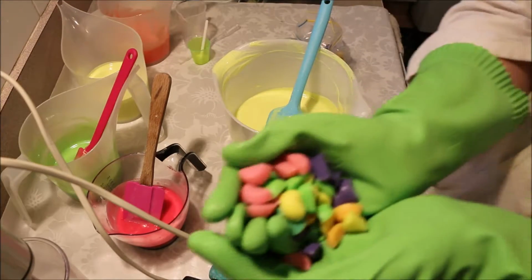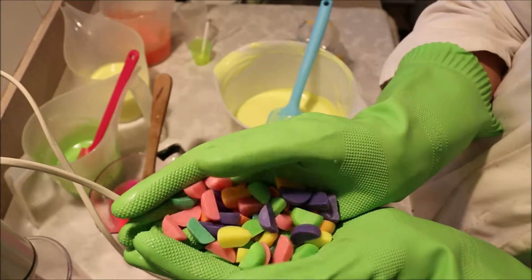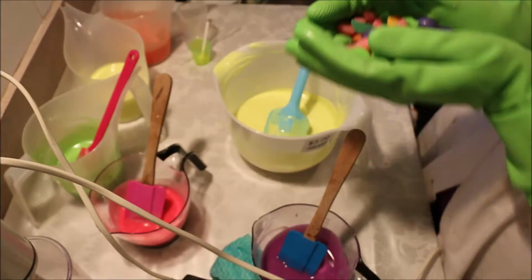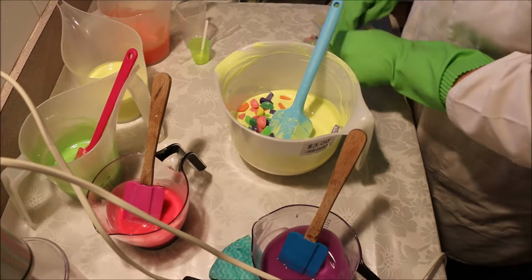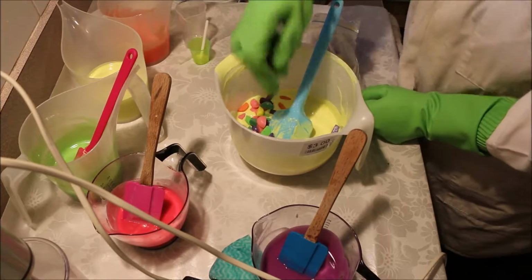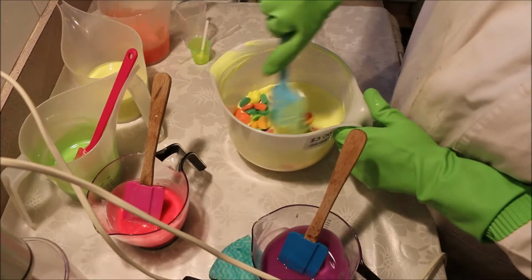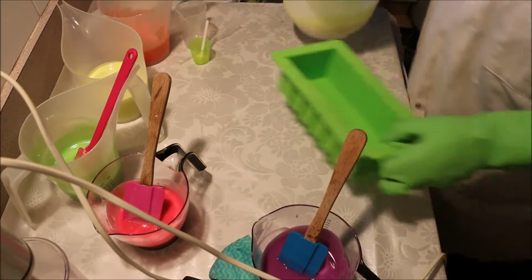Just to show you. So these are just offcuts from when making my gumballs and cutting them in for wedges and what have you, because the gumball mould always ends up with a flat bottom. It's just the way it is. So these offcuts are actually going straight in here. So let's have a go at